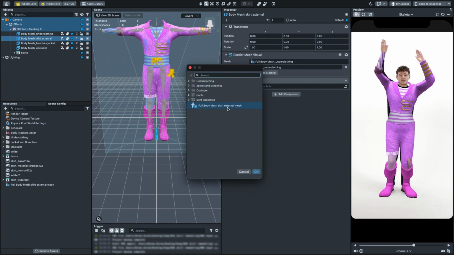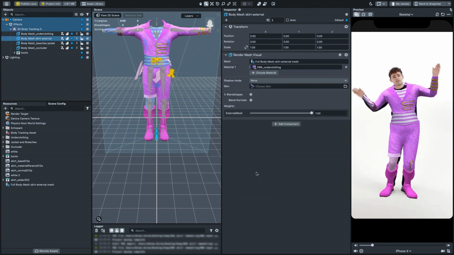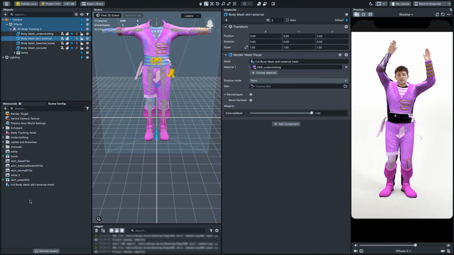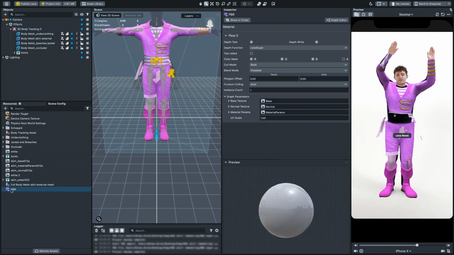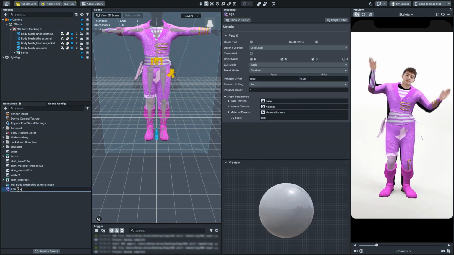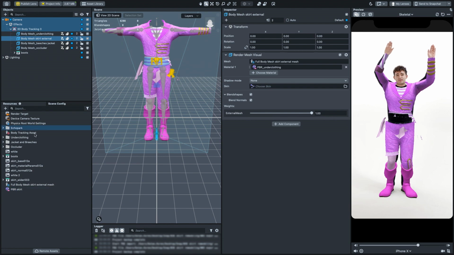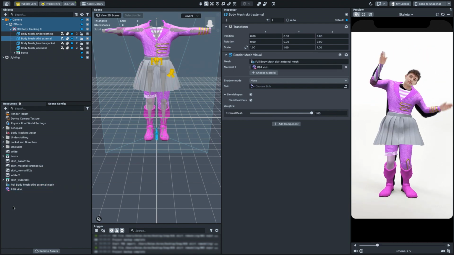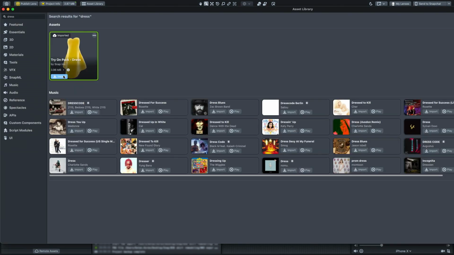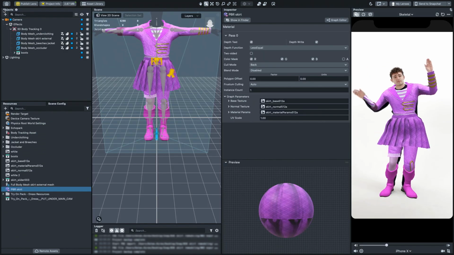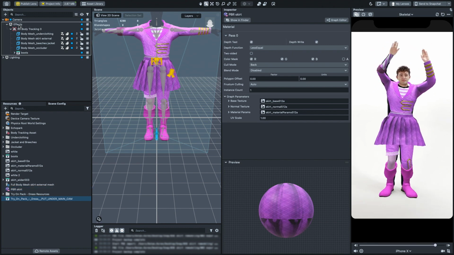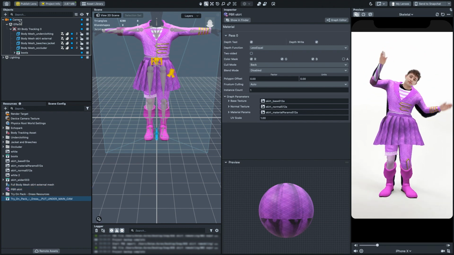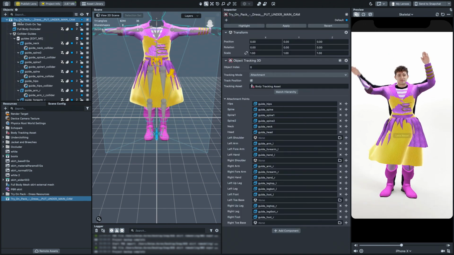Now I can see the skirt in the scene, but this is still a normal external mesh setup with no cloth simulation yet. Next, I opened the asset library and imported the Try-On Pack dress. This pack comes with a lot of resources that you can explore on your own later. I dragged the try-on prefab to the scene and placed it under the camera hierarchy. I am using the Dress Low Poly Custom Paint sample for this.